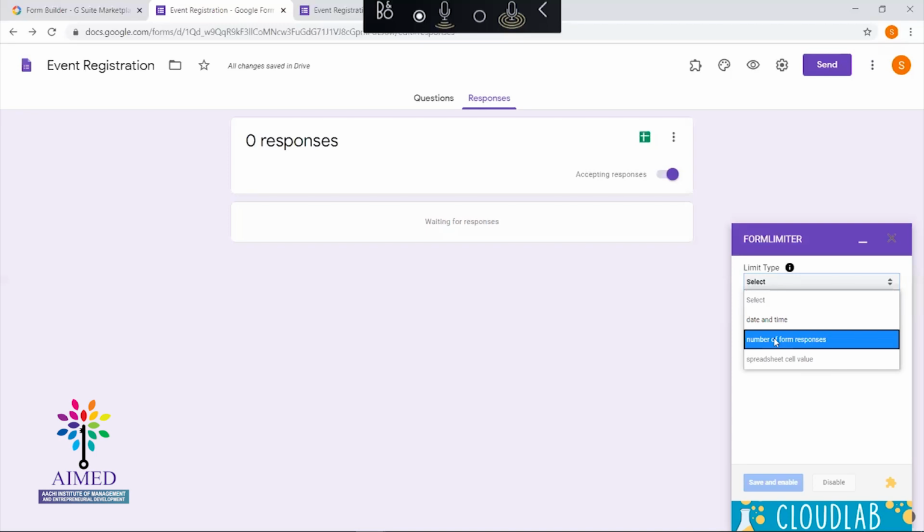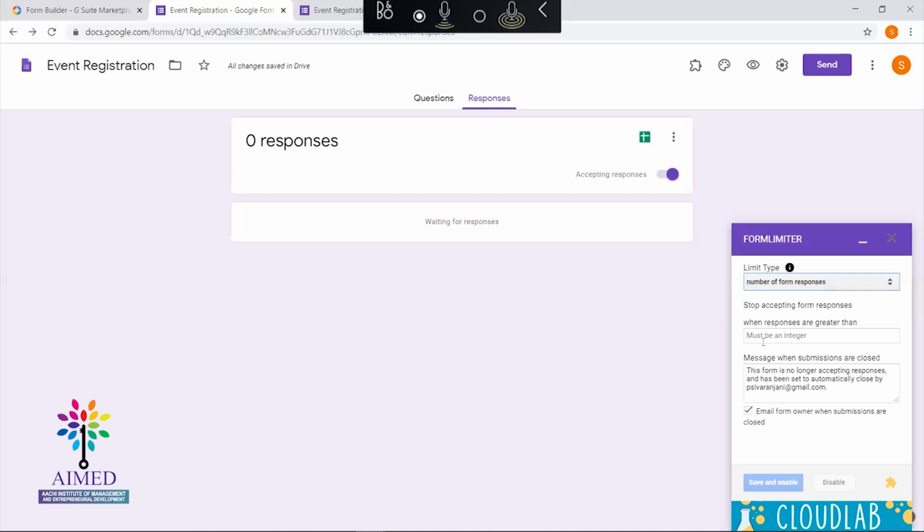So here, to give a simple demo, I'm selecting the number of form responses. Again, in the number of form responses there is a trick. Let's say you wanted to limit to only 50 registrations, so you need 50 responses and after 50 you don't need any.